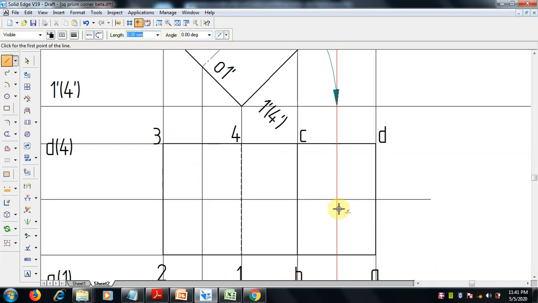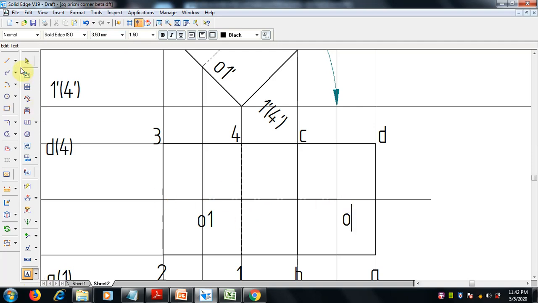Here the two lines are getting intersected, and this is the center line mentioned here. This is bottom O1 and top O, right? Select and move a little bit here, right?